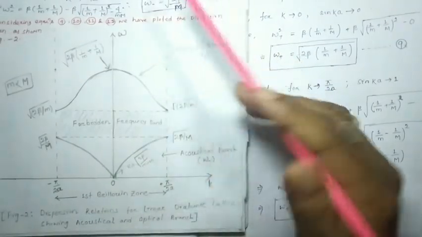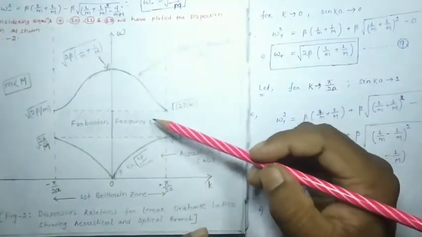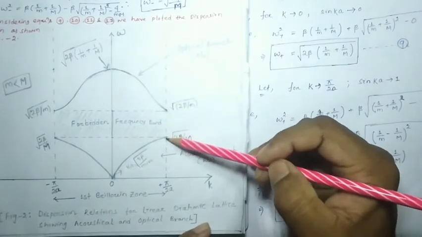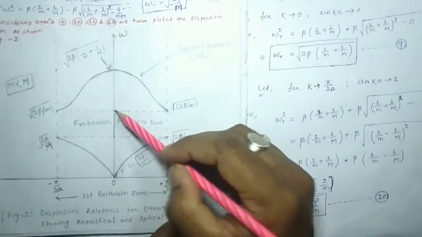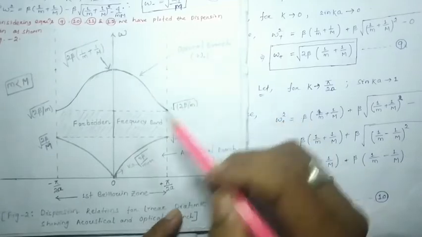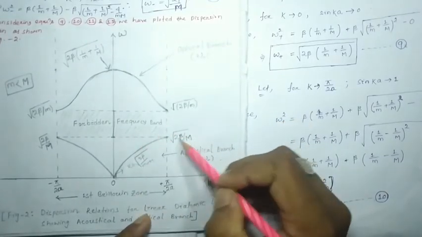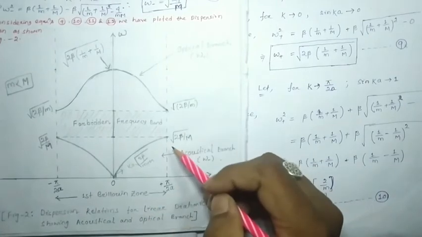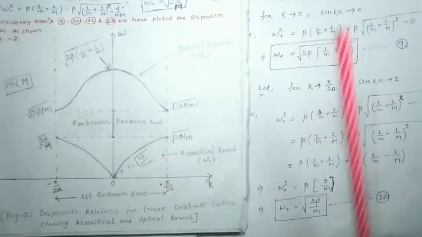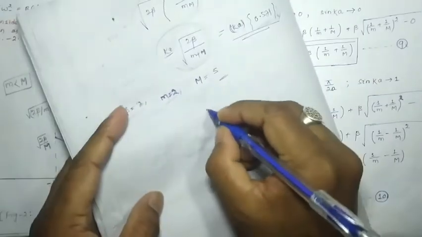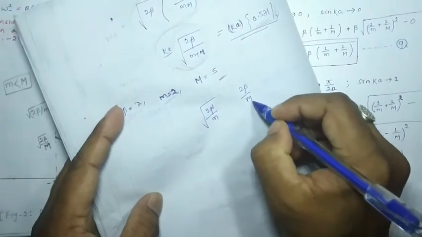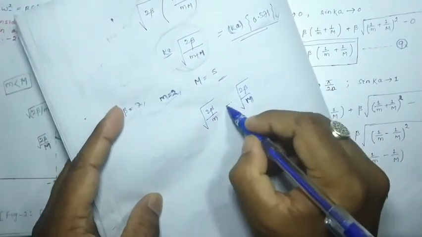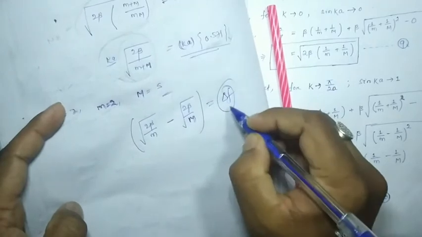Here one thing we can find is that between these two points there is a gap of frequency. This one belongs to 2 beta by small m, root over, and this one belongs to 2 beta by capital M, root over. Here 2 beta by small m, root over, is the larger, and 2 beta by capital M is the smaller. If I take the difference, I will find some value. Suppose this is del f or del omega.